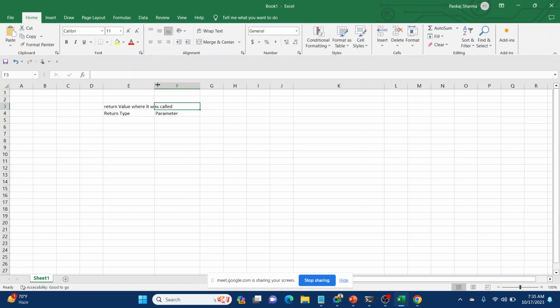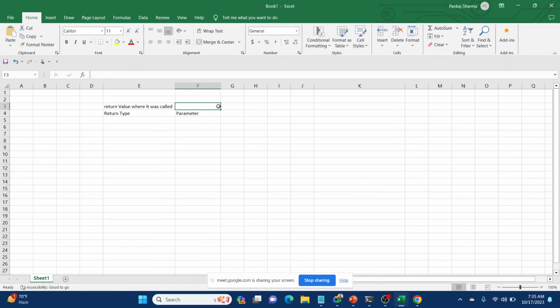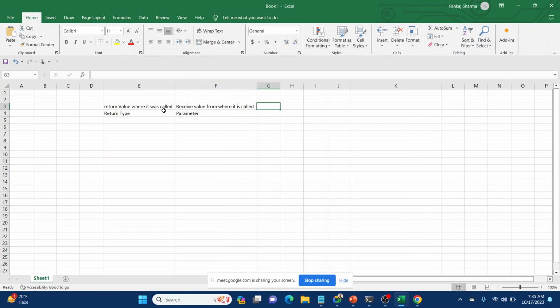So wherever it is called, it will return some value over there. And what will the parameter do? It will receive a value from where it is called. So it will return a value wherever it is called, and it will receive a value from wherever it is called. Right. So on the basis of this, there are four types of functions.